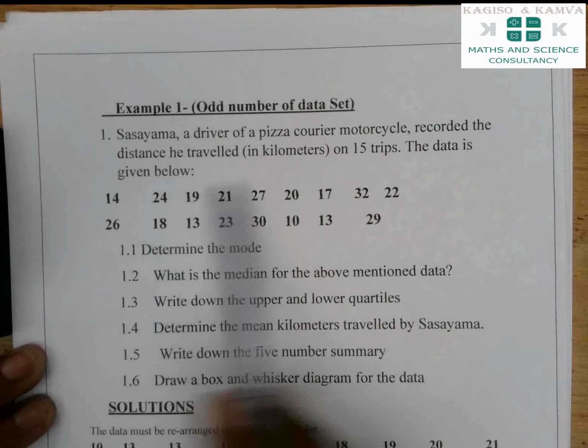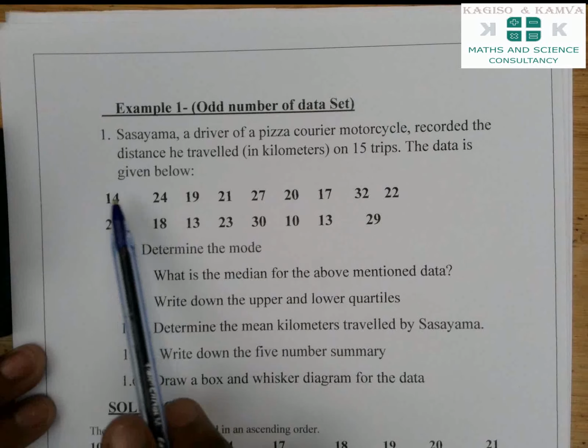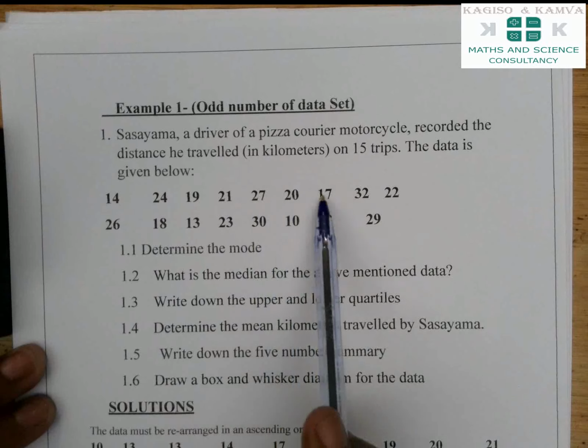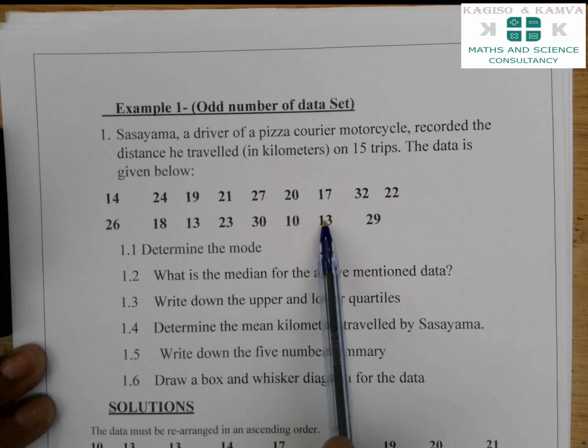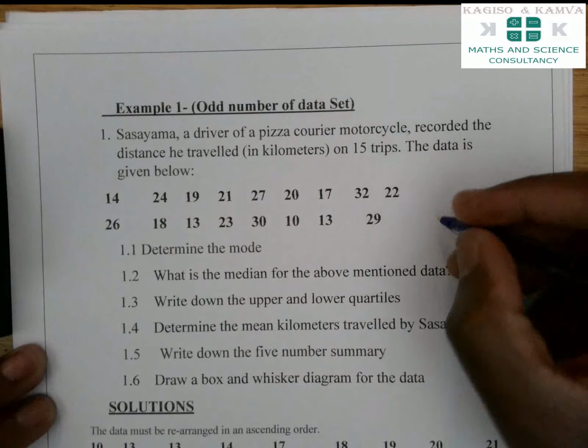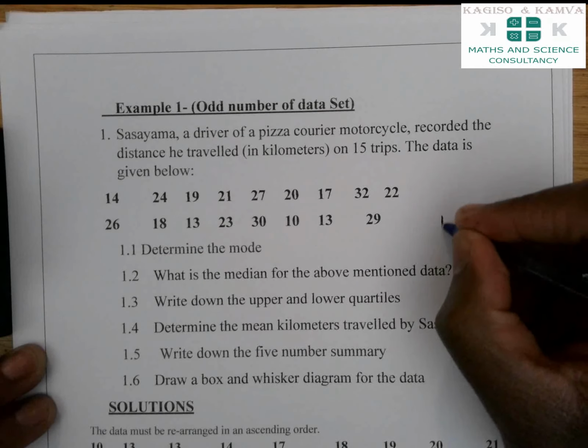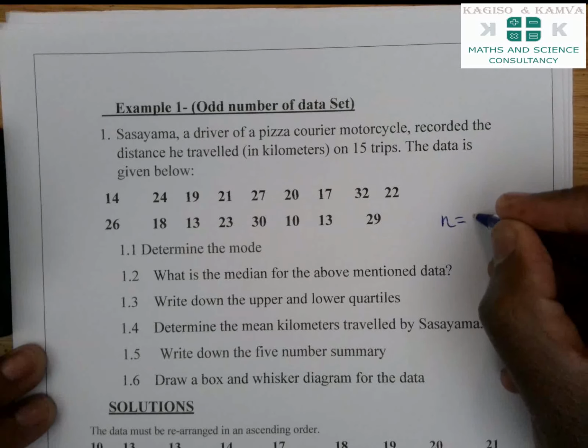Now let us calculate the elements that we have. We have 1, 2, 3, 4, 5, 6, 7, 8, 9, 10, 11, 12, 13, 14, 15, 16, 17. So it means our n in this case is going to be equal to